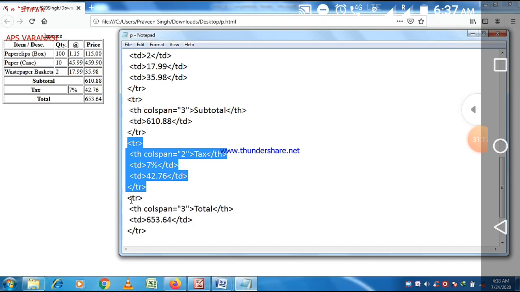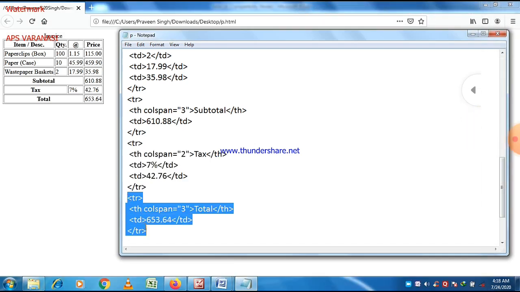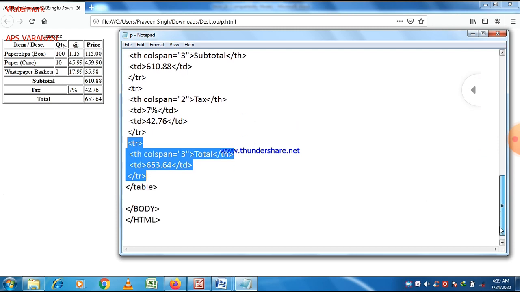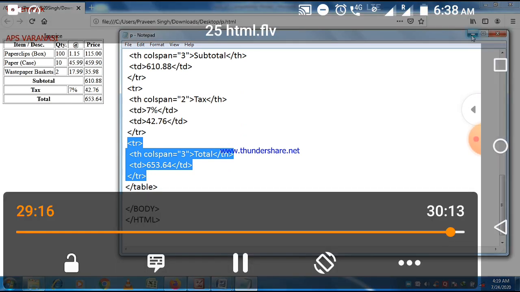And at last you can easily see that last value. So that is the total presented, and then just close the table tag, then the body tag, and then the HTML tag.